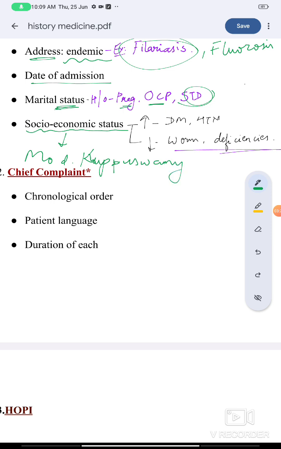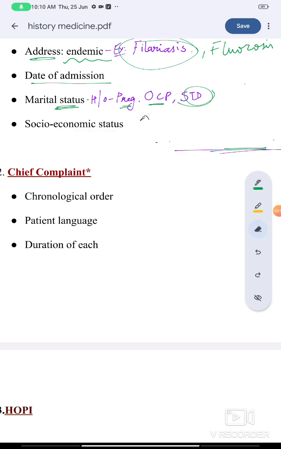So why is socioeconomic status important? Certain diseases are more common in certain socioeconomic groups. For example, for people with high socioeconomic status, that is for rich people, lifestyle diseases such as diabetes and hypertension are more common. On the other hand, for people belonging to the lower socioeconomic status, diseases caused by nutritional deficiencies, or hookworm, pinworm and all such diseases are more common. Moving further,